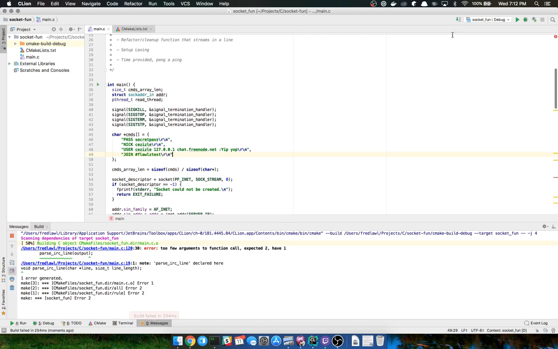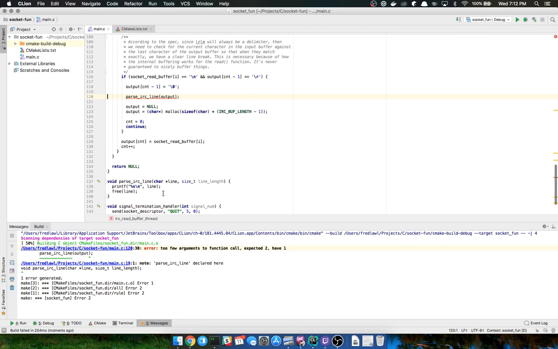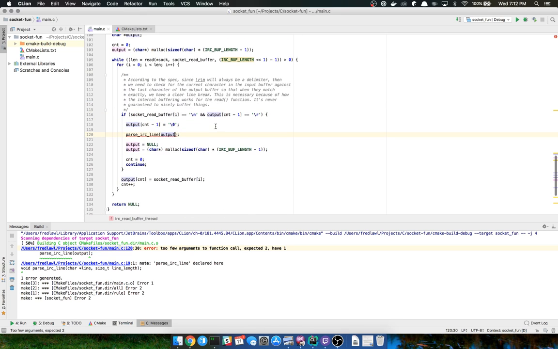Are there any errors so far? Yep, there is one. Too few arguments being passed. I knew that was going to happen. The nice thing here is we have a count variable, so I'm going to just call it that because that is the line length. We might want to do plus one on that though, because we are adding the that to that.